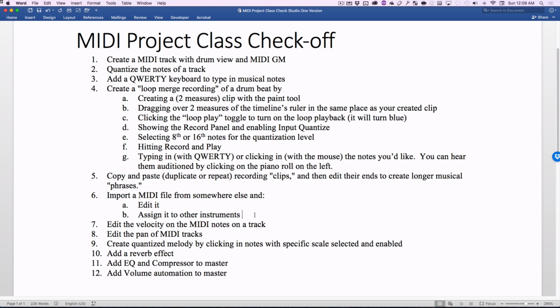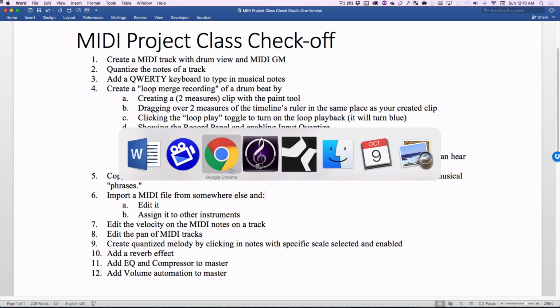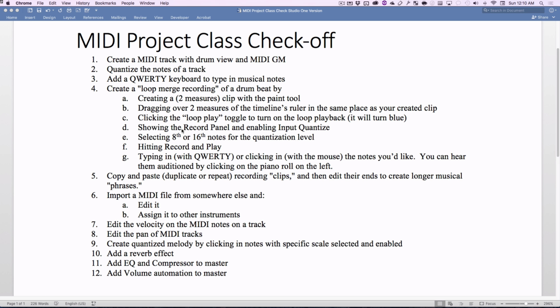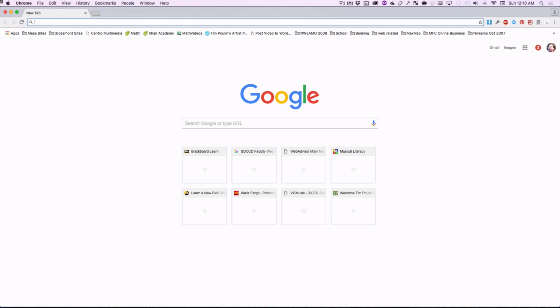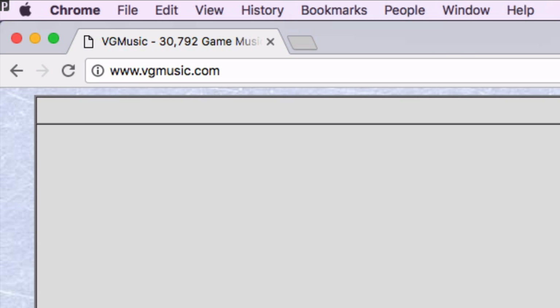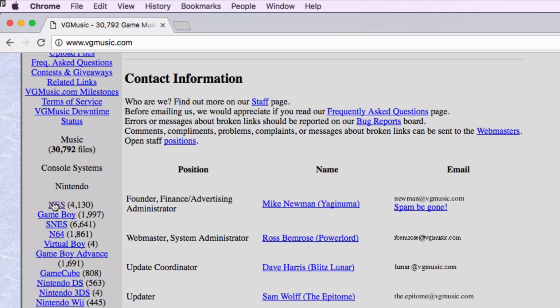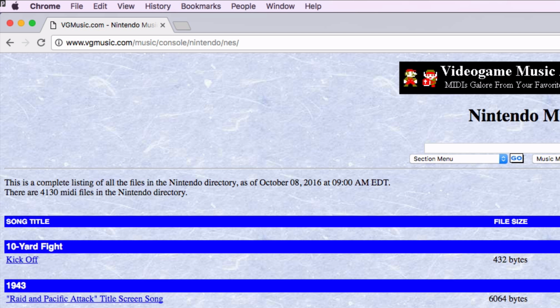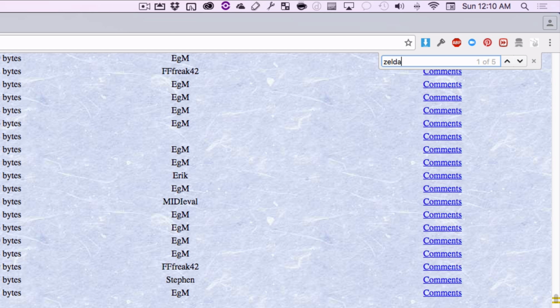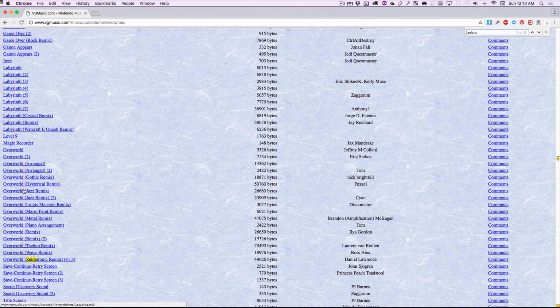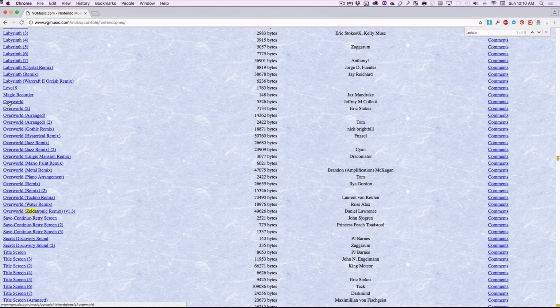But the cool thing about these instruction sets is they can be assigned to any sound, and they can be opened up in music notation programs. So we're going to see both of those things. So I'm going to go over to a favorite site of mine, vgmusic.com, videogamemusic.com, and go to Nintendo NES over here. Then I'm going to search for Zelda, so you can see I've done that before, and go down to the main theme, which is called Overworld. Download that,